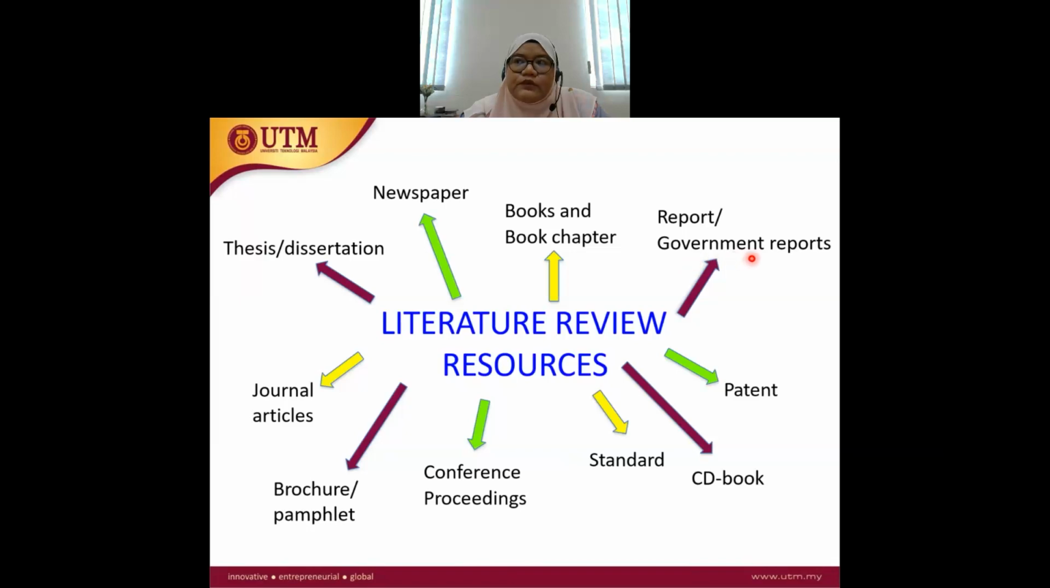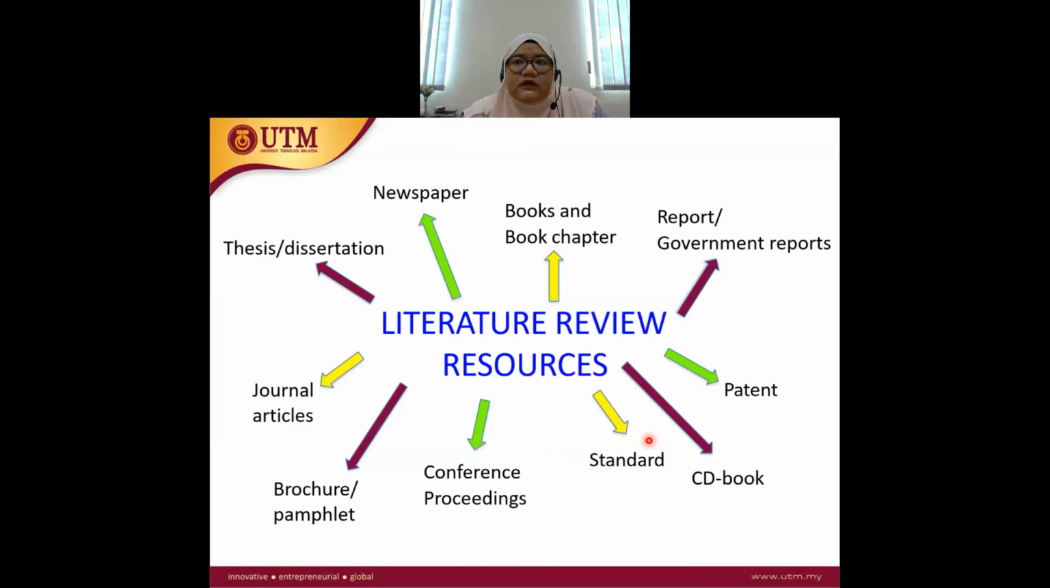This is for when you want to find the problem statements or statistical data, for example, statistical data for the diabetes problem: how many people are facing diabetes in Malaysia or in the world. Next is the patent. Some researchers have patented their research, so you can find from patents also. CDs or books. Okay, standards. Standard means there are some methodologies for which you must follow a certain standard